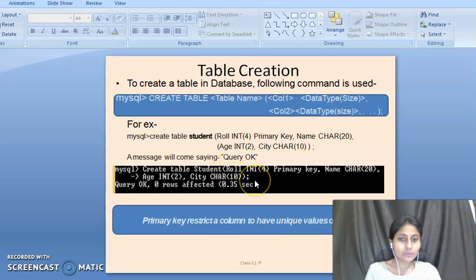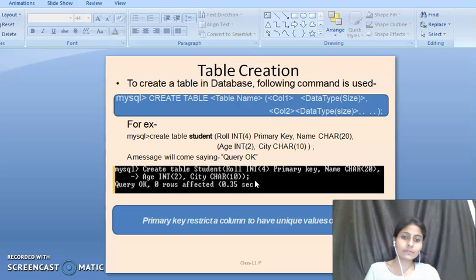Then we type a semicolon here, and after that when we press the enter key, this command creates a table in the database that is already open. So which database have we already opened, students? The school database. And now I want to create the table student in the same database, so we use the create table command for that.